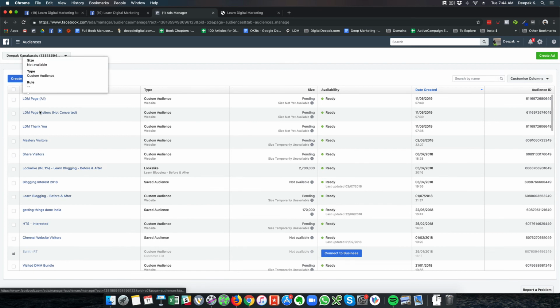Once I have enough audience populated in all these different types of custom audiences that I have created, I'm going to create a retargeting ad to drive people to my sales page, and that retargeting ad is also going to be conversion optimized. That sales page is going to have a thank you page, which will also be marked as a conversion, and we need to create a separate custom conversion for that, which we will be doing in the next few videos.